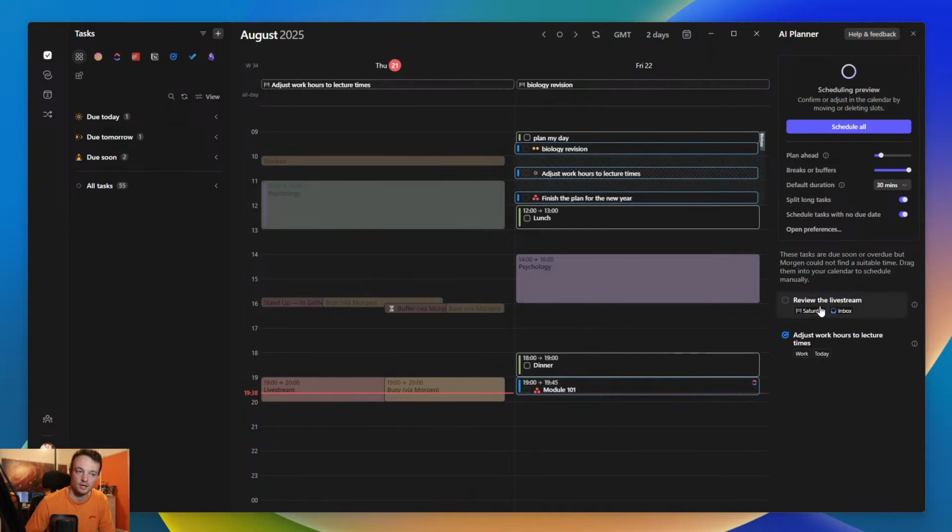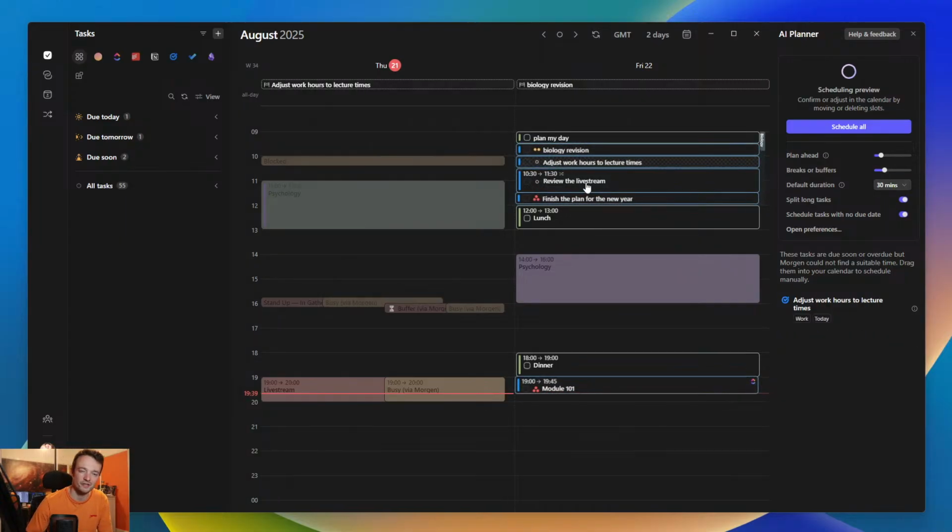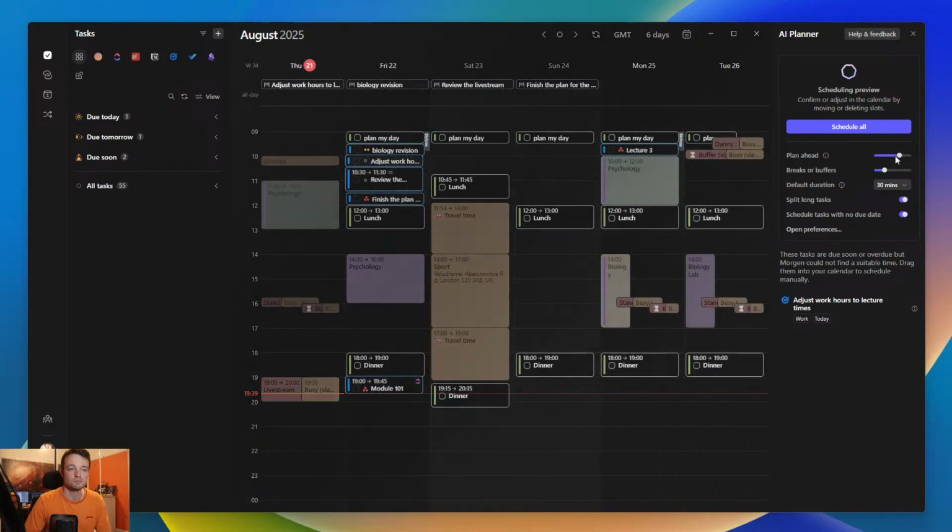You can't review that live stream because these are far more important to get done. That's what the Morgen priority factor is suggesting, to get these done, assuming you have default 30 minutes and those breaks. If I reduce the breaks, it says, actually, you can fit this in now. What I could do is then say, you know what, let's plan a little bit further ahead. So now it's suggesting more, and you'll notice there, lecture 3 is inside that biology frame, so it's suggesting something there,